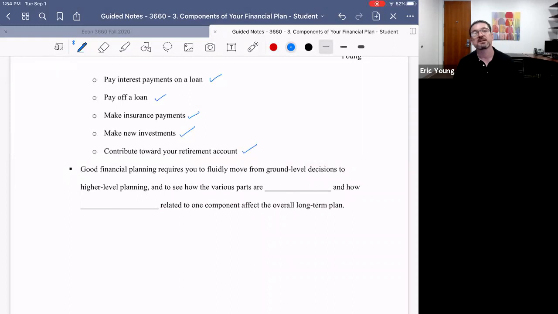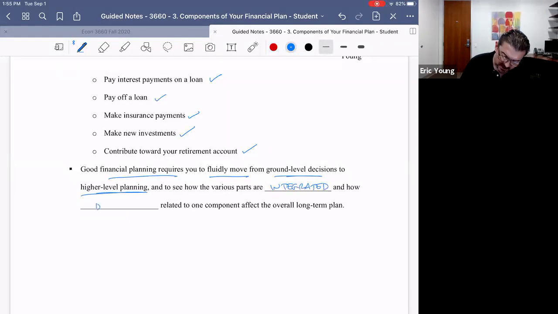Finally, I'll summarize this long lecture, and I thank you for sticking with me, but this is an important one because we're really setting a foundation and a blueprint for all the rest of the term. Good financial planning at its core requires knowledge. And it requires knowledge and familiarity with that knowledge so that you can fluidly move from ground level decisions, like day-to-day spending, day-to-day investing decisions, to higher level planning, and to see how the various parts of your plan are integrated